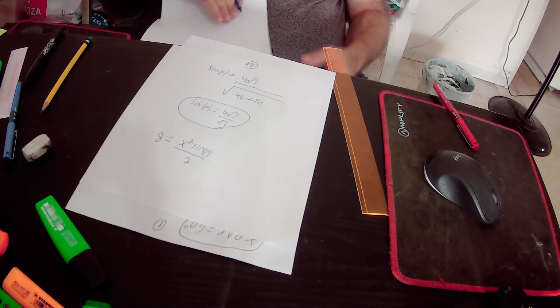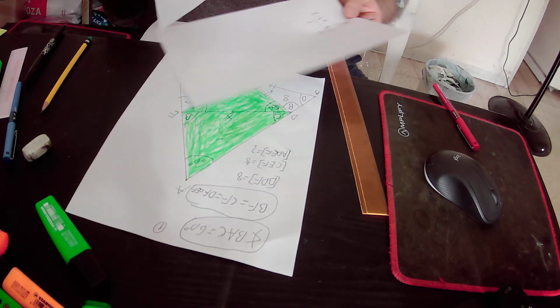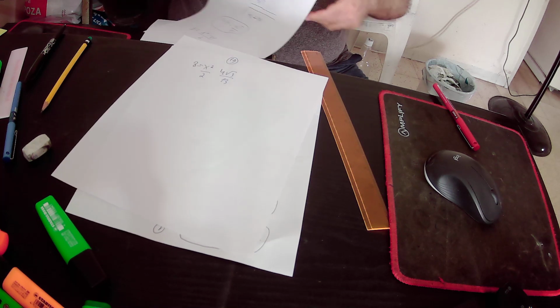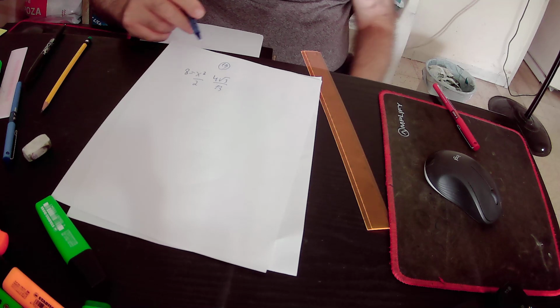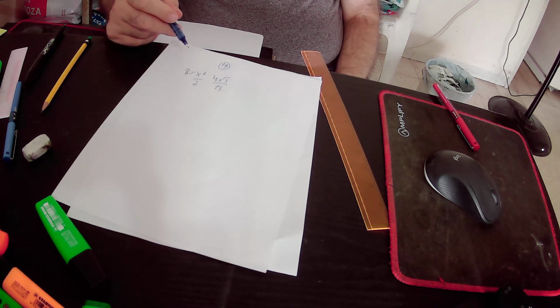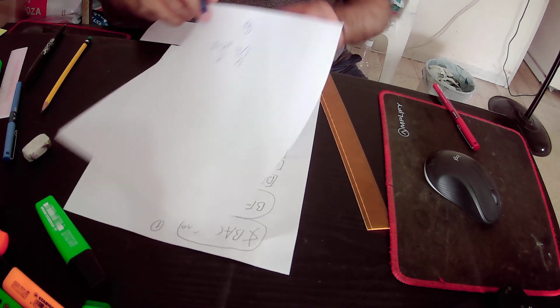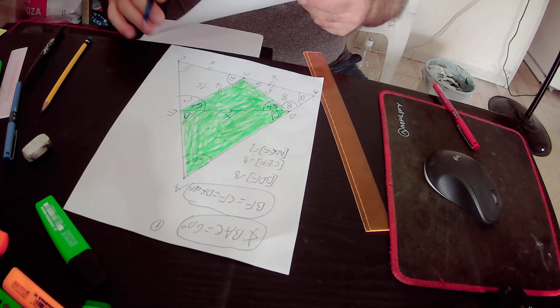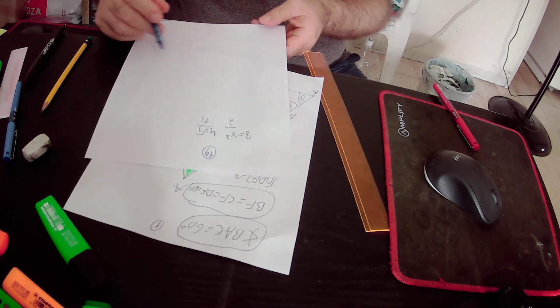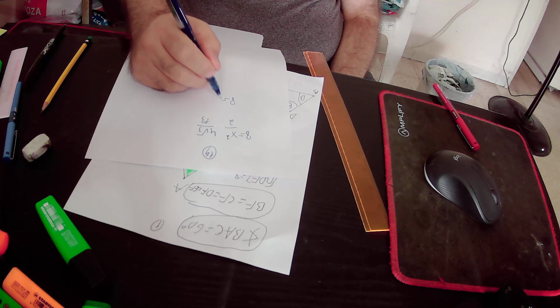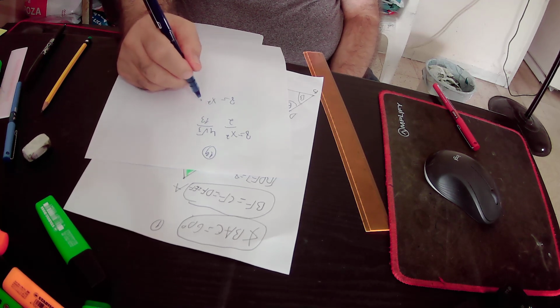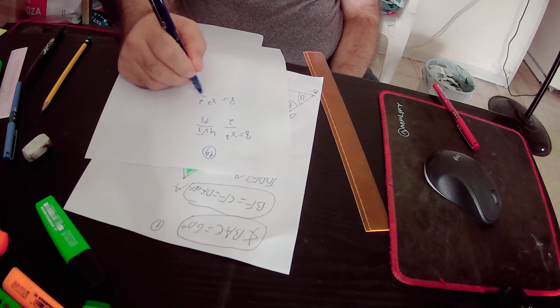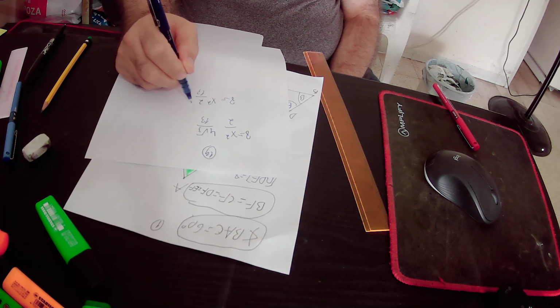Okay, so we got this equality. Here 4 over 2 is 2, so I write it down. 8 equals